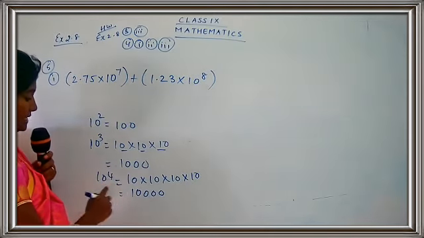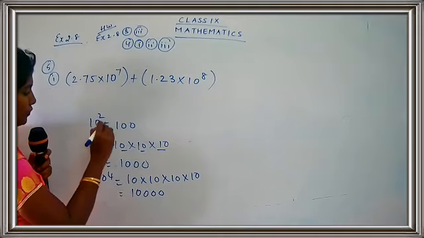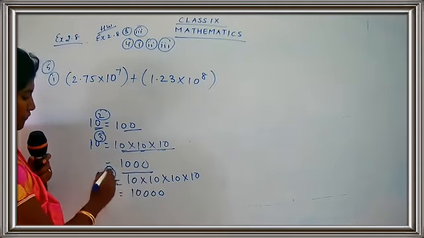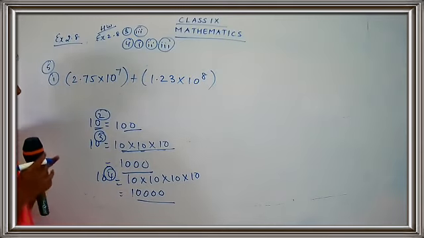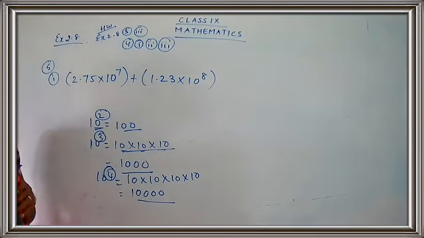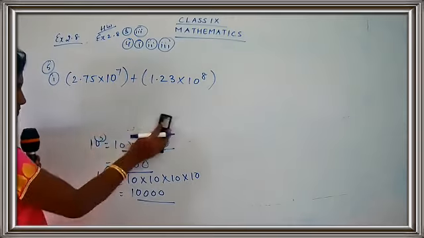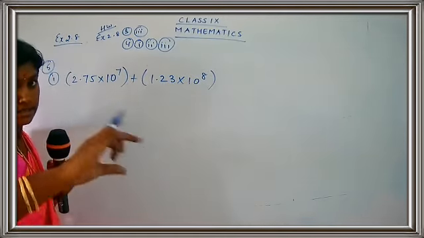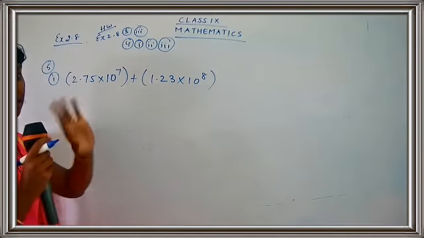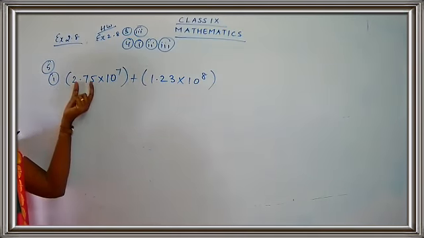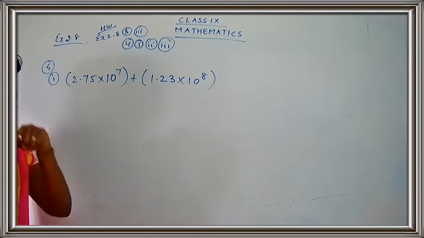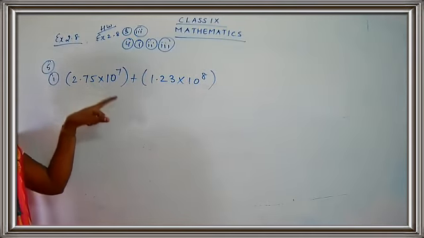So here it is 10 raised to 7. Just see, when you have 10 squared, you have 2 zeros. When you have 10 cubed, 3 zeros. When you have 10 to the 4, you have 4 zeros. That means this is 10 raised to 7. So how many zeros do you have? 7 zeros. Do you agree with this concept? So 10 raised to 7 means 1 and 7 zeros. Now here, I don't want the decimal point, so I am going to remove the decimal point. So how many zeros do we have totally? We have 7 zeros.